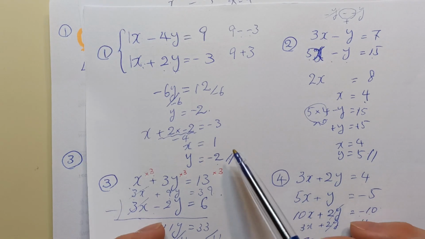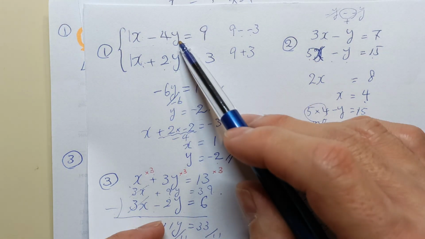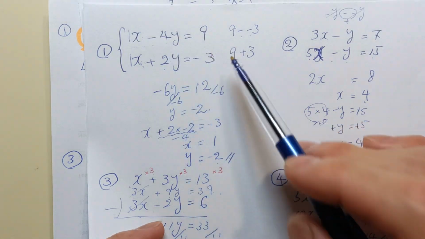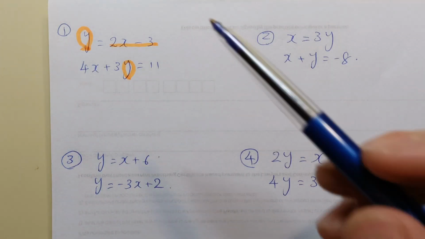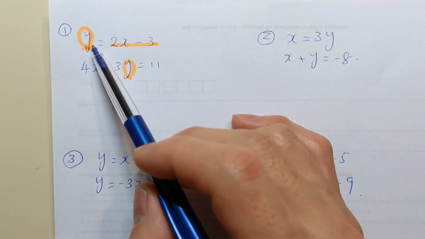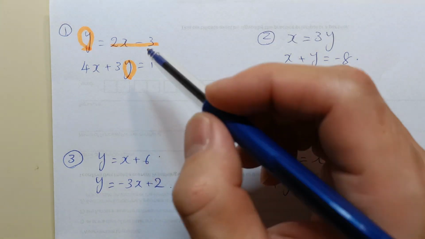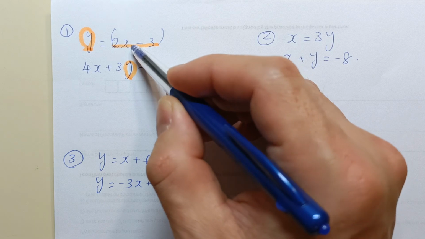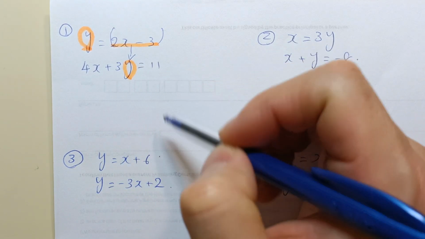This means if you substitute this one and this one here, you get 9. This one and this one here, you get negative 3, right? So the value of y in the top equation and bottom equation must be the same. Then the value of y is equal to 2x minus 3, which means if you plug 2x minus 3 in instead of y, the equation must still work,